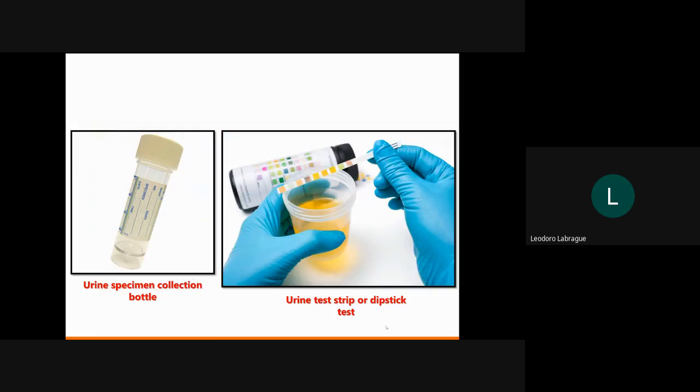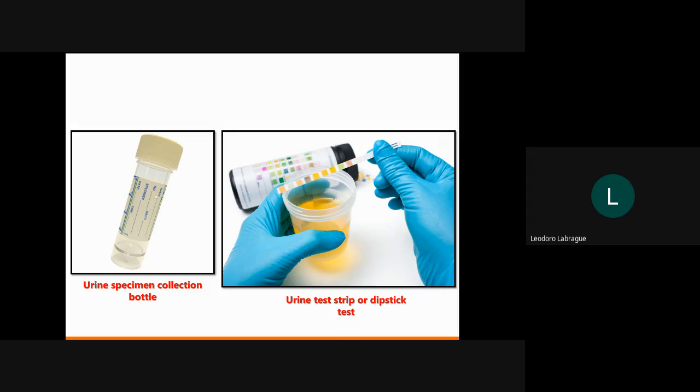For the next example, this is what actually we are going to do in the lab a week after your exam. The procedure is called urine test strip or dipstick. You can see here the nurse is holding the urine sample from the patient, and the nurse is using a color-coded strip. These strips are actually reagents in order to see what are the contents of the urine. As I mentioned, it could be blood, it could be sugar, it could be fats, it could be protein. You will learn all these things when you go to the lab on the 10th week.